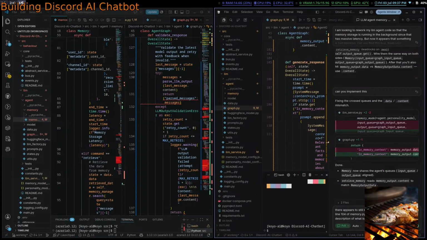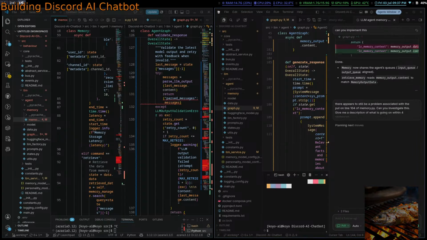Low cortisol, huh? Huge cortisol levels. Huge.